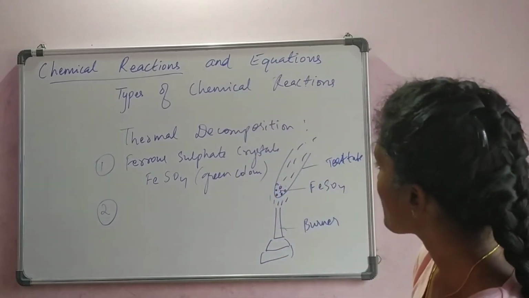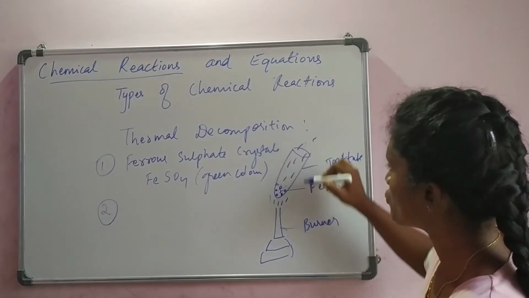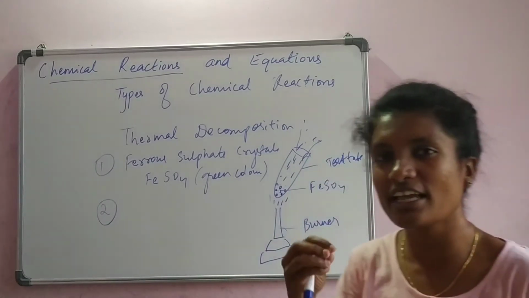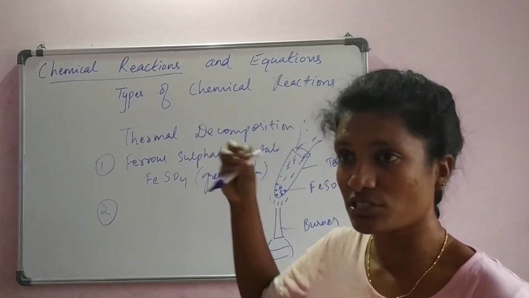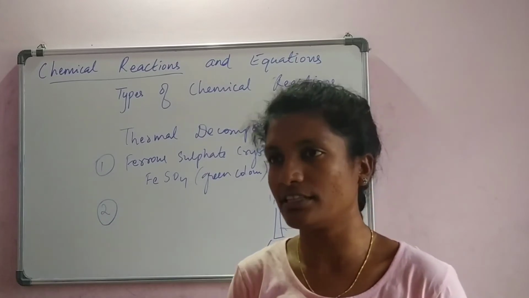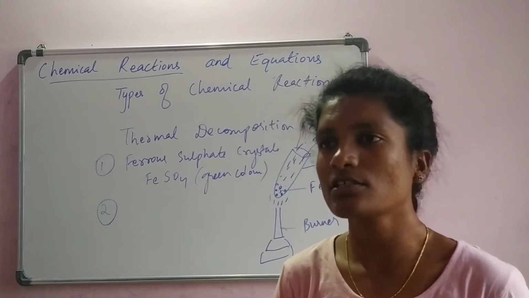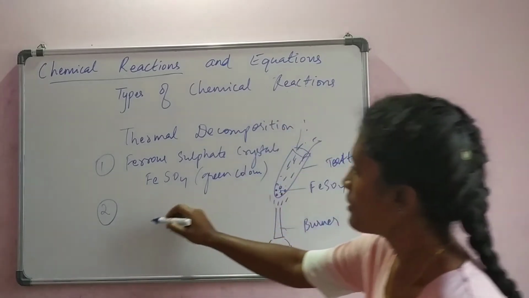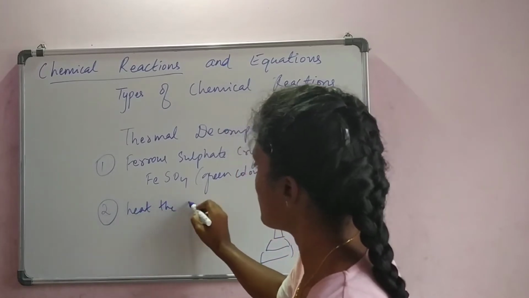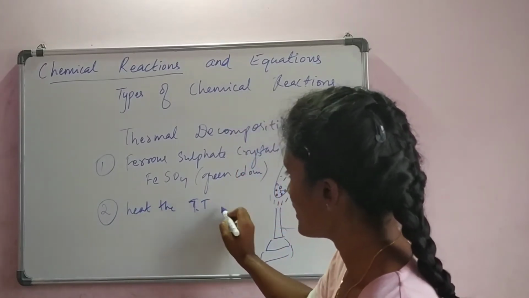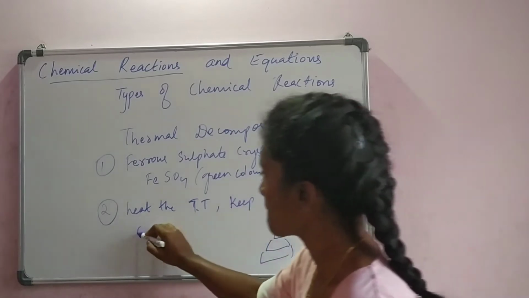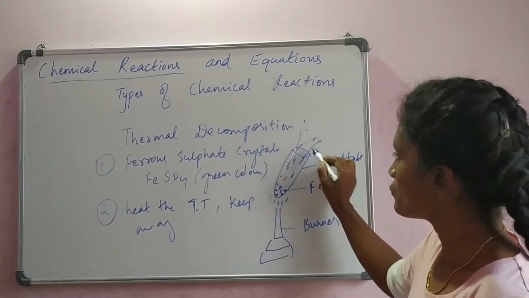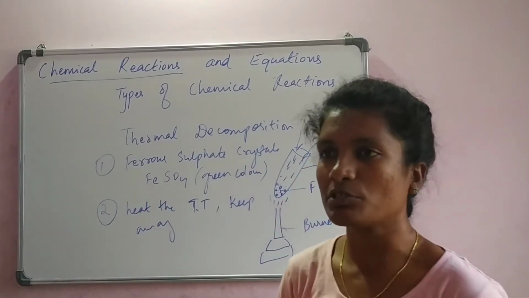So here they are telling us to keep away from the mouth of the test tube. Don't stand near the test tube, because you know what these lines are? Those are the gas, the sulfur gas which is coming outside, which is dangerous. We should not inhale that. If we inhale such gases, our cells will die inside and toxic materials will be generated. So heat the test tube, then keep away. I just used the words keep away; you can mention in detail: don't stand near the mouth of the test tube, or avoid your neighbors standing near it.